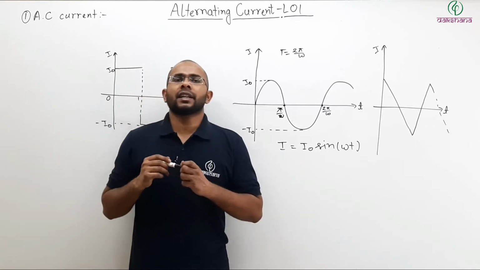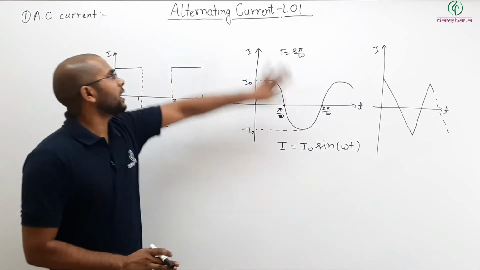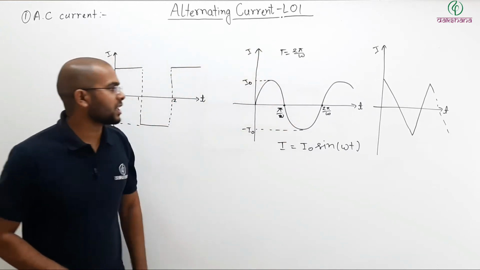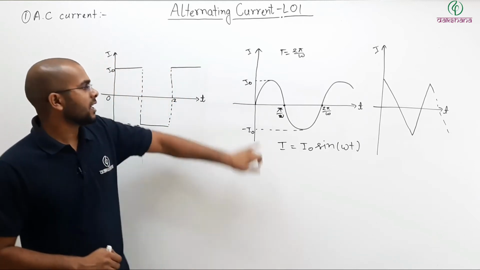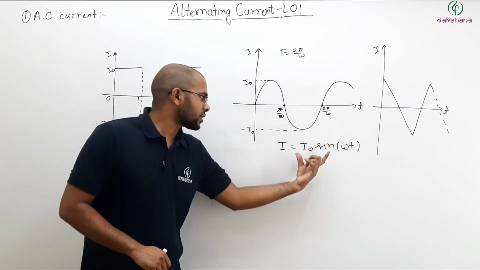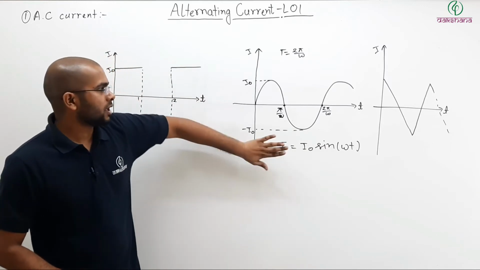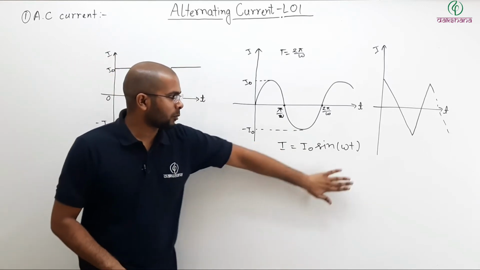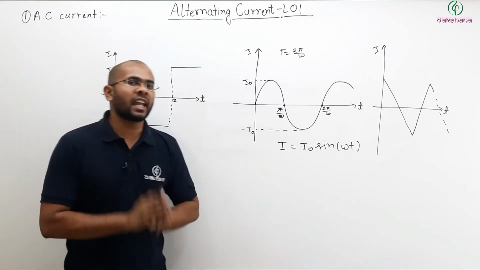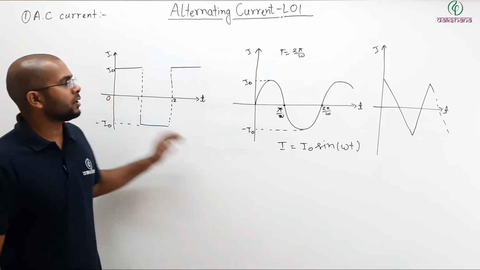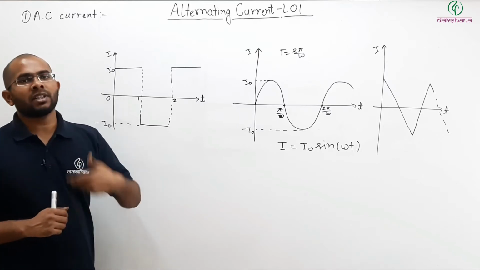So even though alternating current may take various forms, in your syllabus, in your chapter of alternating current, we will be focusing on sinusoidal AC, alternating current which varies in the shape of sinusoidal current, whose standard equation may be written as I equals I naught sine omega t, like that. So if in this way alternating current is varying, that will be called sinusoidal AC, and this is the current that we will be talking about in detail in this lecture. So pause the video, you can draw the diagram, then we will start discussing various properties starting with average of